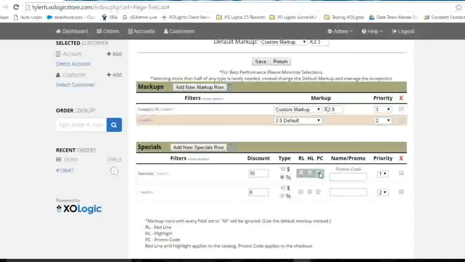Okay, so if I want to do a promo code on all of my Danolite items, for all Danolite, I'm going to give a 15% discount, and then at the checkout, when they're at the checkout to purchase that item online, it will ask them to put in their promo code. Now this is case sensitive. So if you have caps lock for SAVE15, that's your promo code, and it's all in capital letters, then